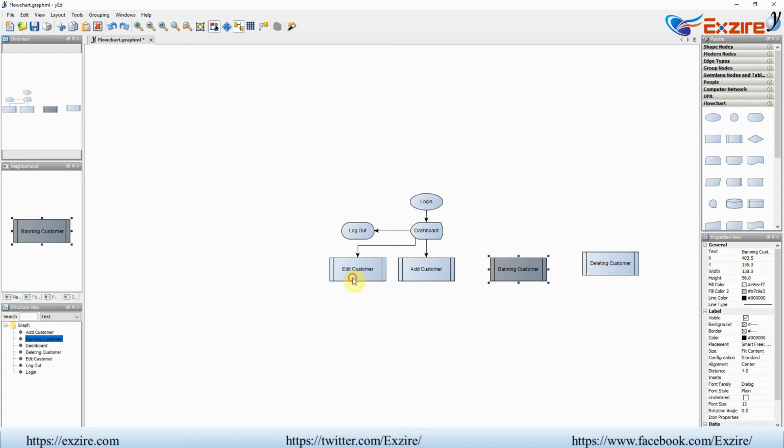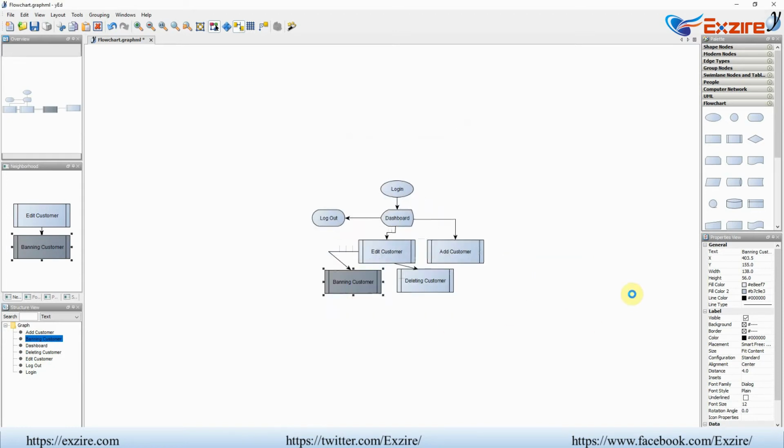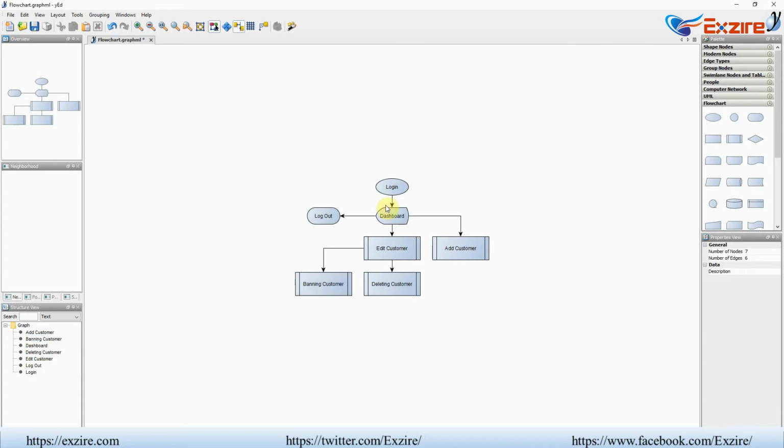So we can go and edit this one, we can go and add this one, Control Shift F, enter. So from the dashboard you can add the customer or edit the customer, and from the edit customer screen you can ban or delete customer. So it's a part of editing customer's data. Then we will